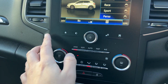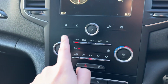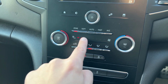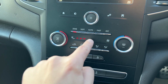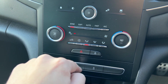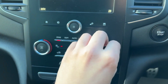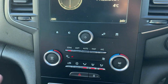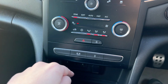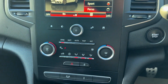So down below the screen we do have home button, the shortcut keys, we've got the volume knob here, turn all that off as well at touch of a button, and then we're able to see your climate controls down here. Now this little feature here is touch capacitive, so you're able to turn the fan speed up and down or slide your finger like so. So that's quite cool. You can also change the direction of airflow with physical buttons, which is nice to see this day and age. And then your climate control, we do have dual zones, so if you wanted it 24.5 and 23.5, you do have that functionality. And then you've got the front defrost and rear defrost, hazards, door lock, an RS drive mode here, and as you can see it's a shortcut key, so you can get in between all your modes